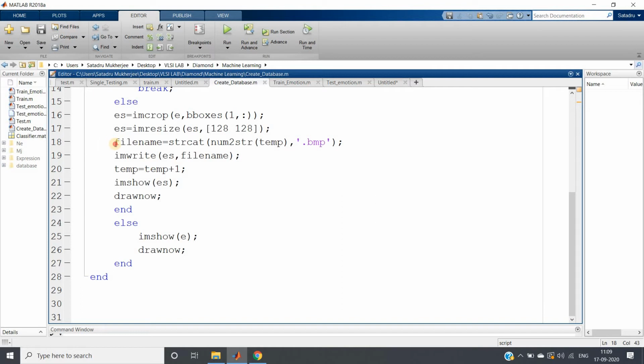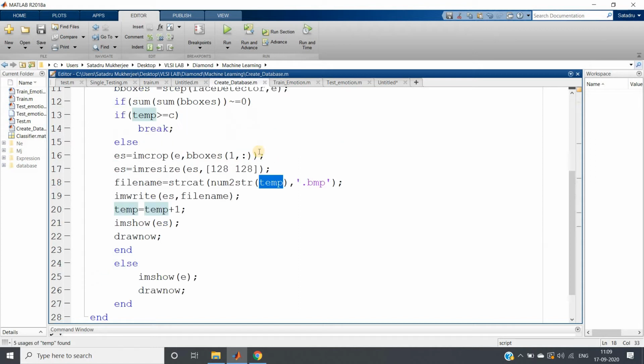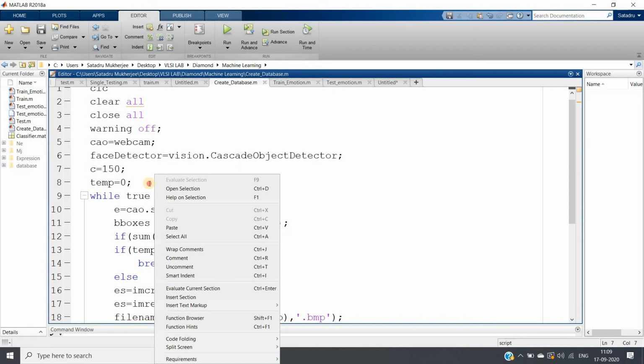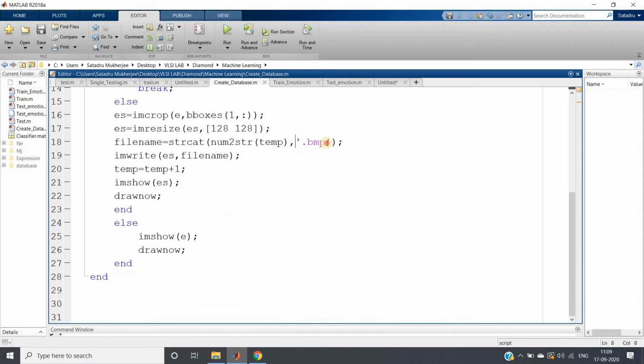We create the file name as a string concatenation of the string representation of the temp variable, so initially it takes 0, then 1, up to 149, right? And for the extension we take .bmp.